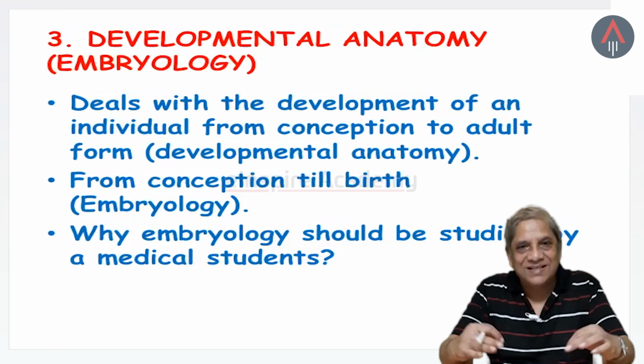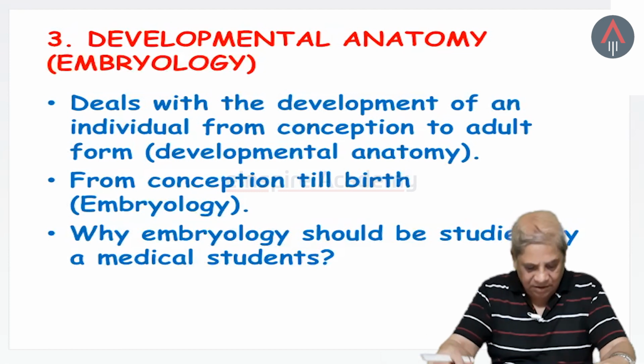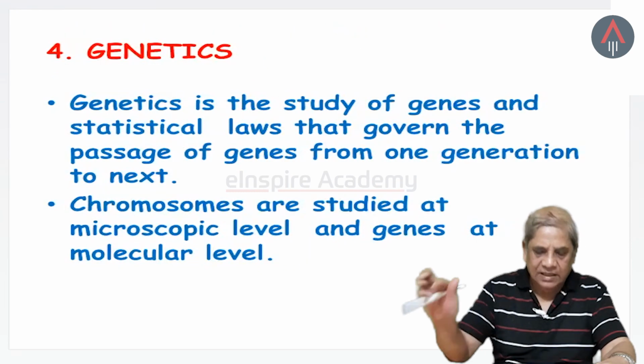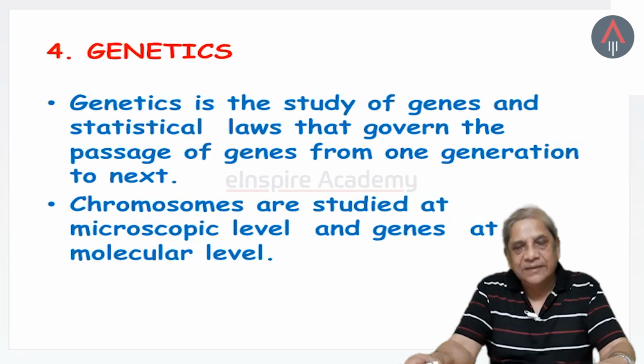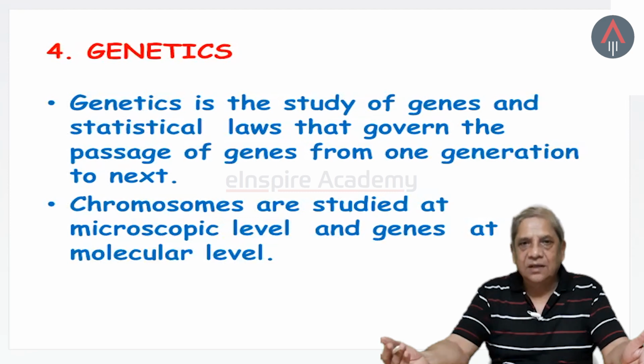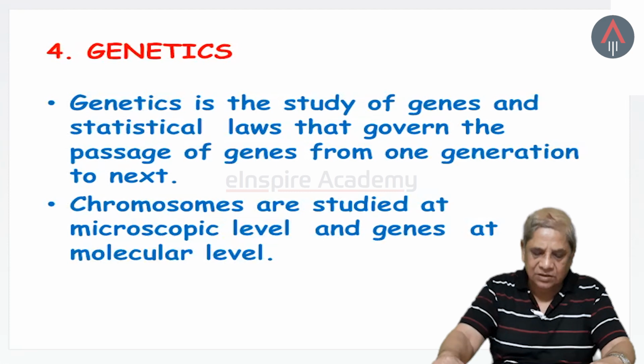And this exactly applies to human anatomy. When you know how the body parts were developed, then you will learn the anatomy in a better way. You can correlate it in a better way. So this was the third branch, and the last branch is genetics. You must have already learned a lot about genetics in lower classes, and here we will use those aspects of genetics which are associated with disease. We will learn only medical genetics, not the many other things which you have learned.